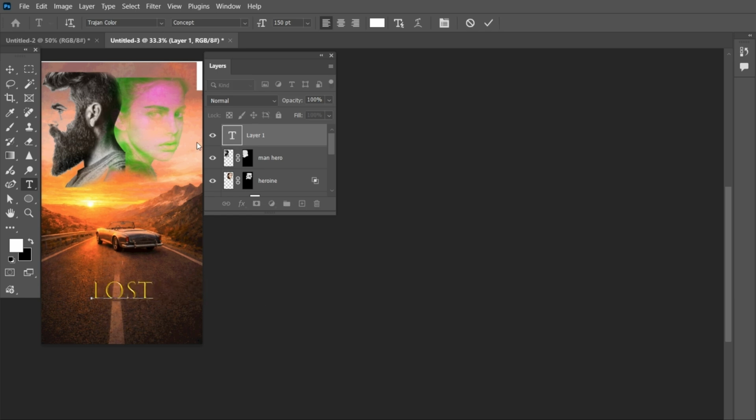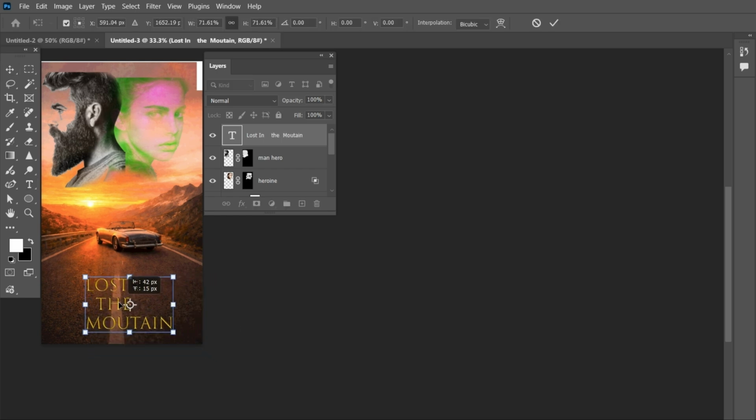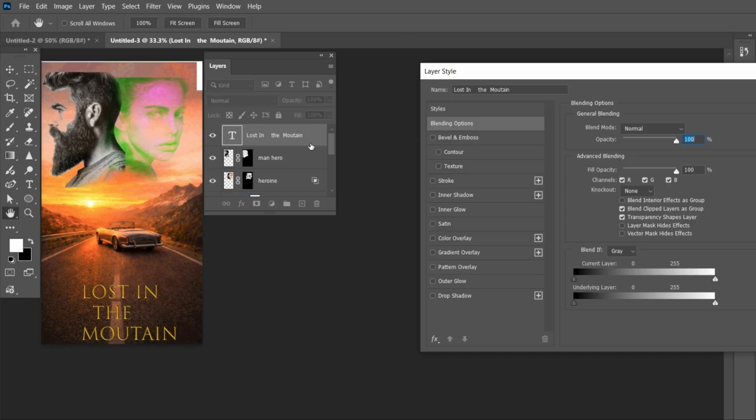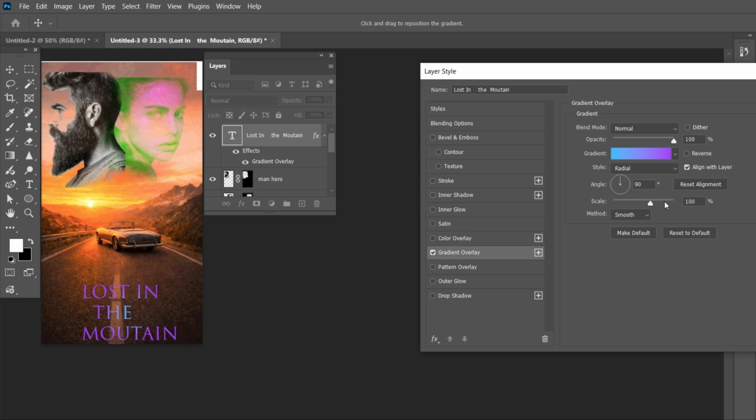Finally, I added the text and adjusted it properly. I applied a gradient overlay to the text layer and repeated the same process for the rest of the text. And that's